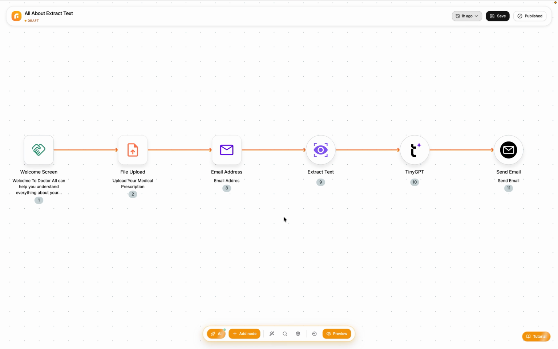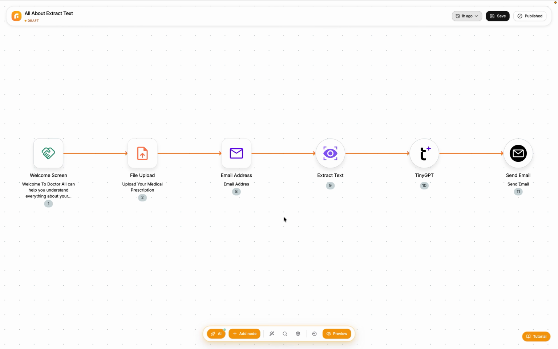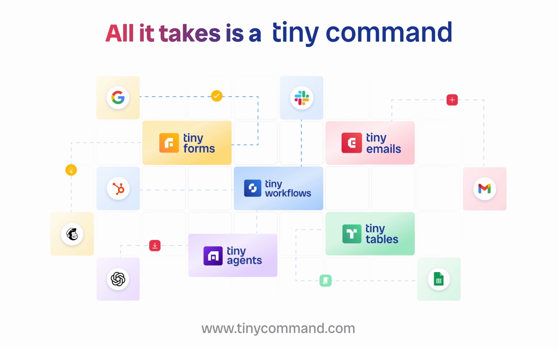So that's how you can use the extract text action inside the vision feature in TinyCommand. And honestly, all it takes is a tiny command,